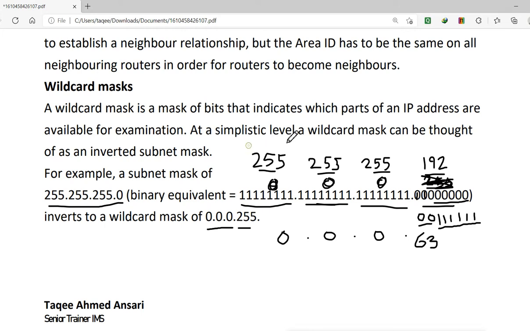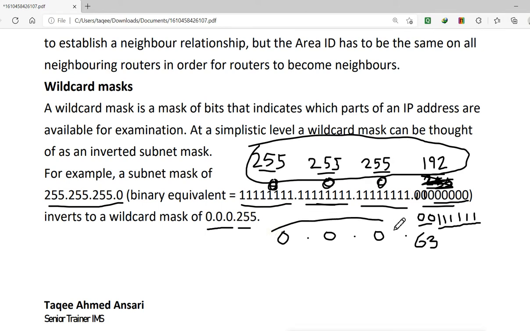This is the subnet mask which is actually subnetted, not the default one. So this will be the wildcard mask for this subnetted mask.